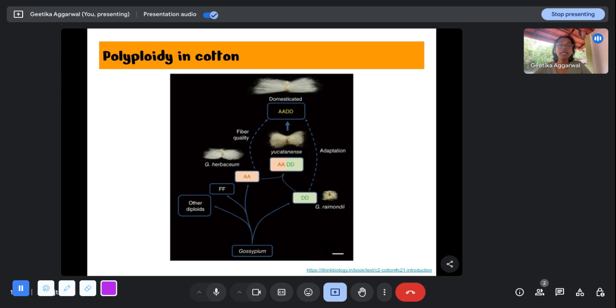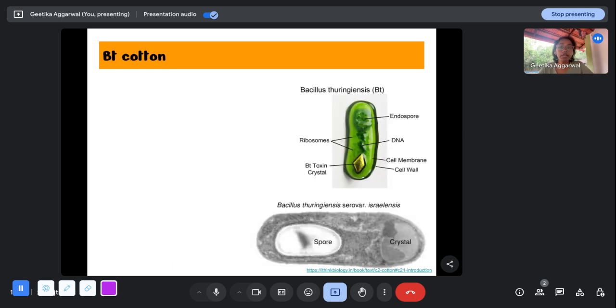So this is how polyploidy happens. It can happen in the wild itself, but then it gets domesticated by humans because the quality of those is better. That's what happened with wheat also. Wheat is also a polyploid of the wild wheat varieties that are found. Fine. So coming to Bt cotton, before we go to Bt cotton, we need to be aware about this bacteria